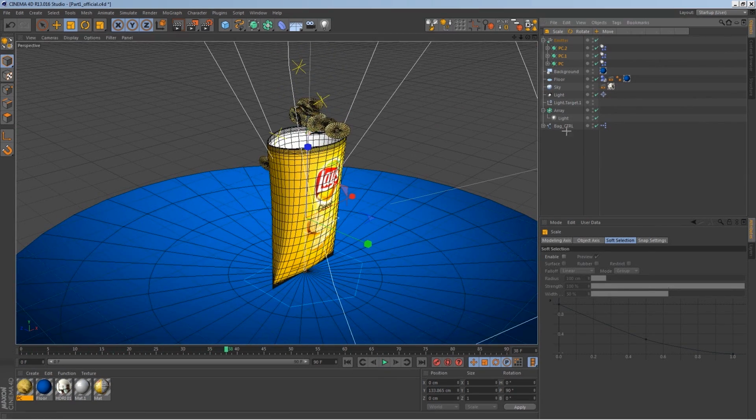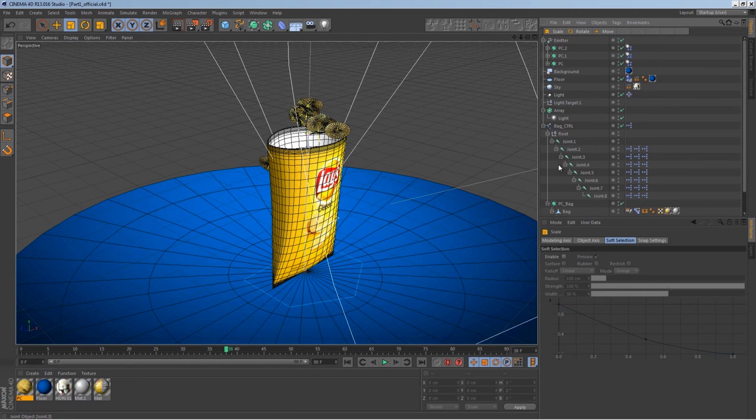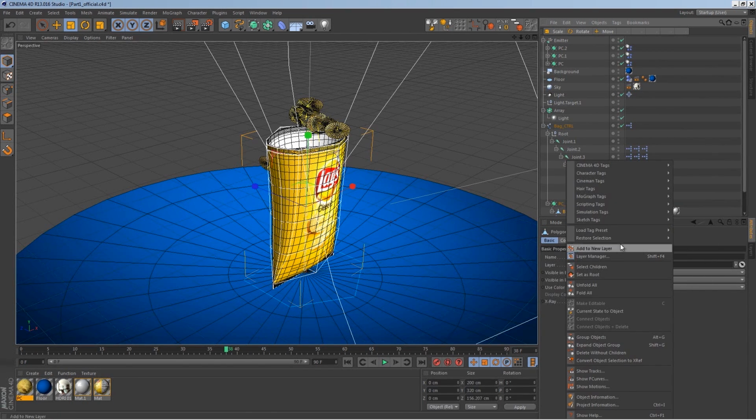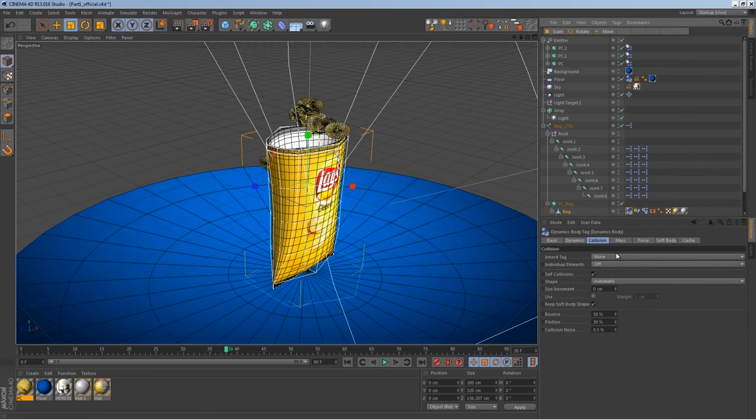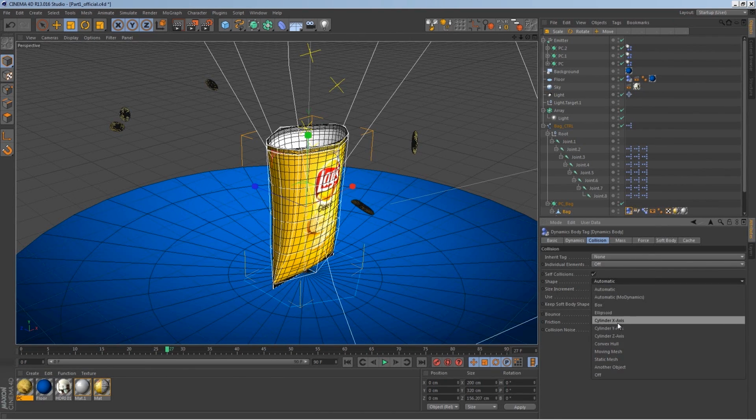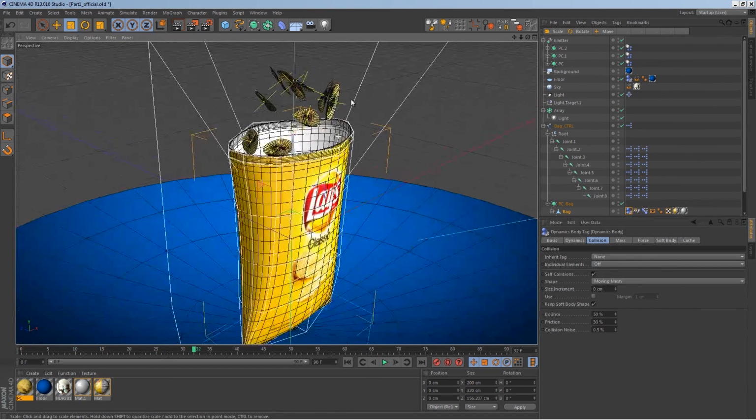It'd be cool too if you go to your potato chip bag and make it a rigid body as well, like a collider. And inside a collider, if you just hit play, it doesn't recognize that open space, so you just have to go to shape instead of automatic. Just do a moving mesh, and it should fix the problem. There you go. If you hit render,